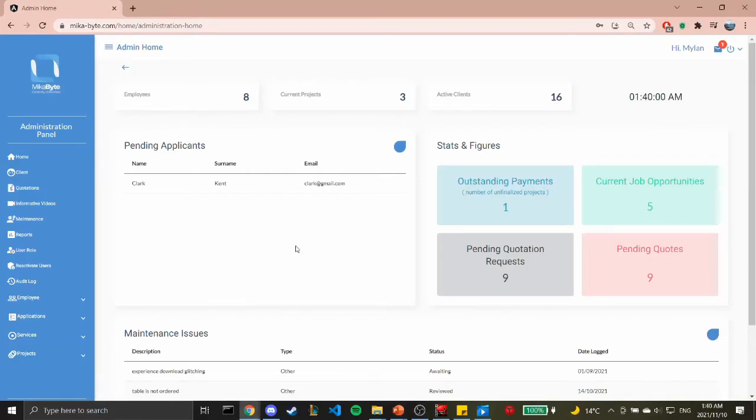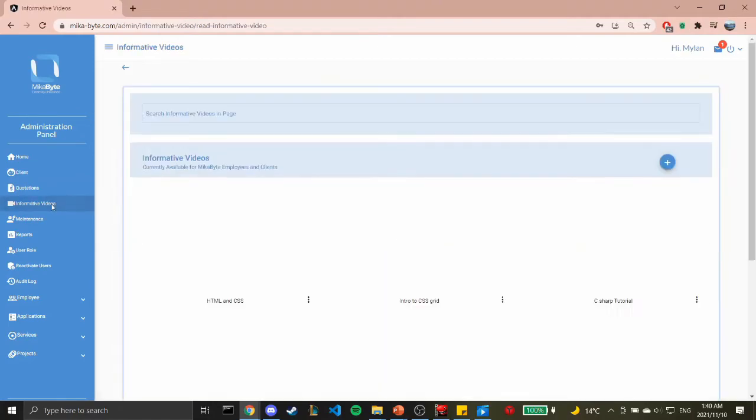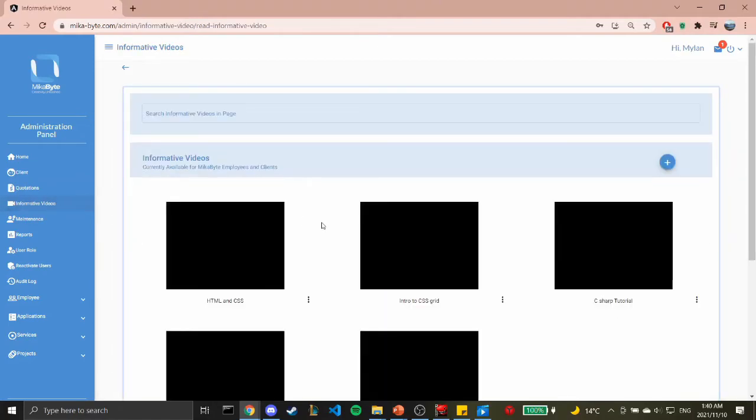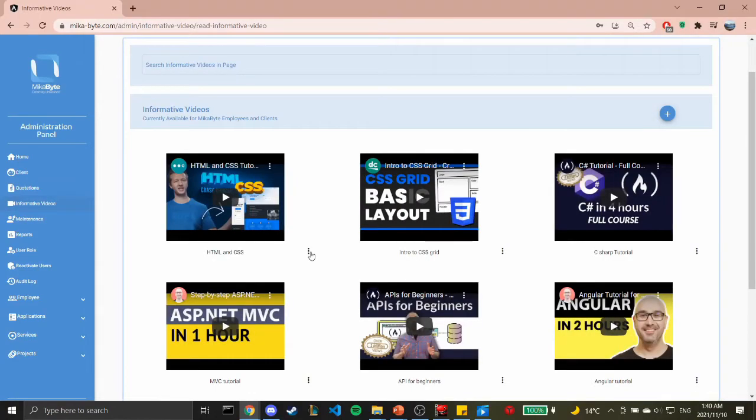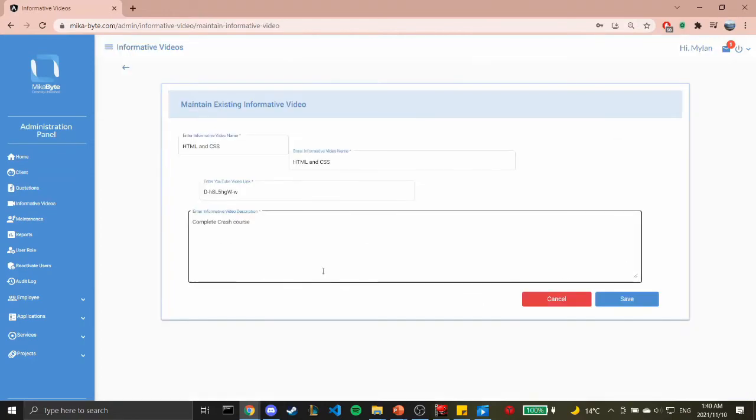In order to maintain an informative video on the system, the user must be logged in as an admin. Using the navigation bar on the left, they would need to navigate to the Informative Videos tab. From here, the admin can select the three dots next to any video in order to update or delete the video. To update the details, the admin would select the Edit button, and from here the video's details can